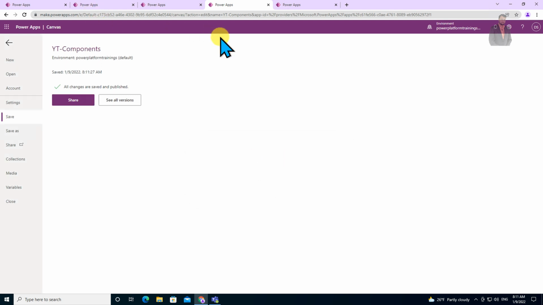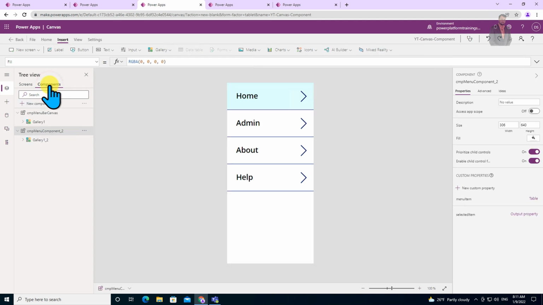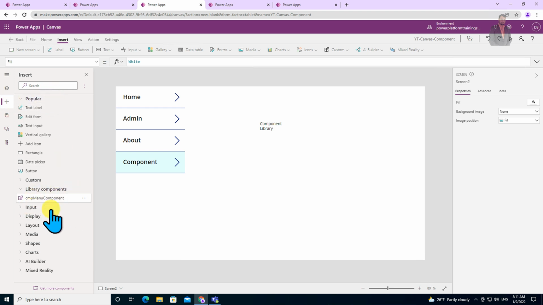Now what happens here is whenever you open your Canvas app in the edit mode, it will show you the update. Also, manually you can do one more thing: you simply need to go to this insert menu, click on this ellipsis and click check for updates.